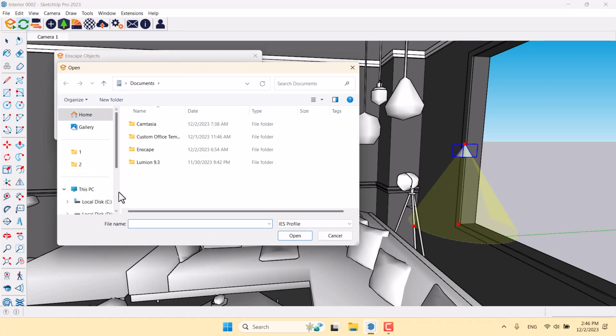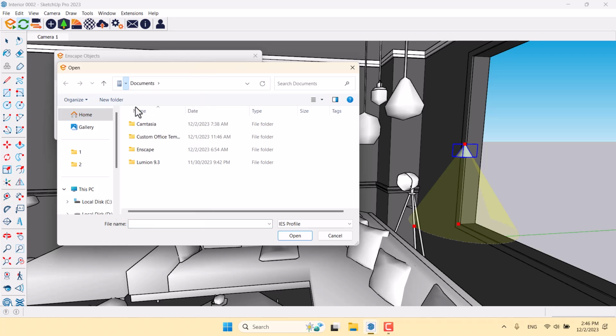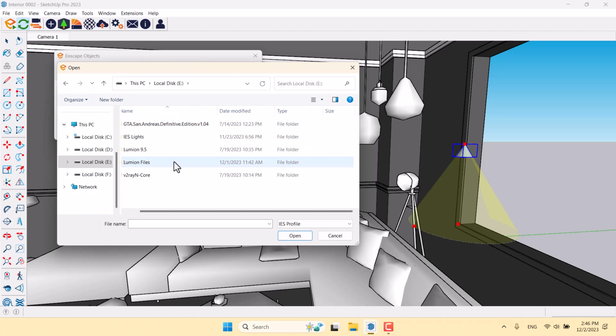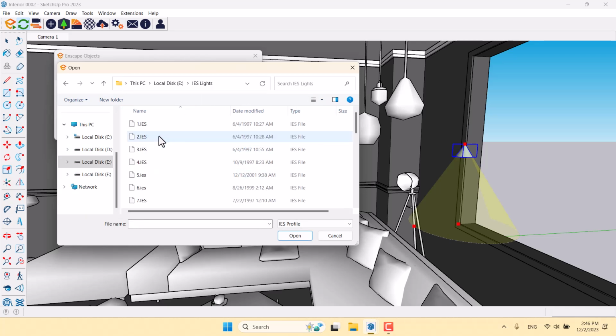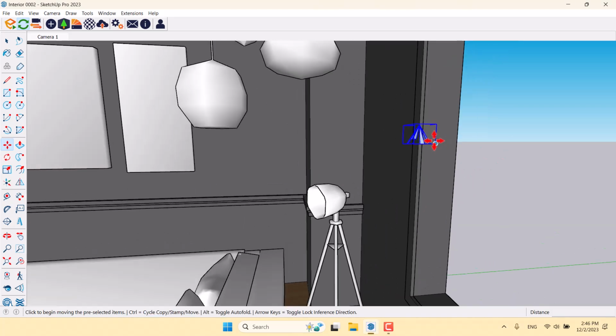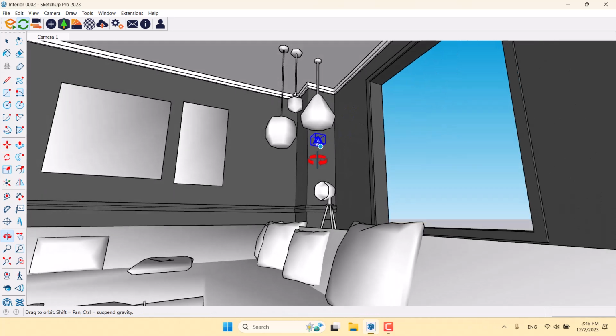I will add some type of IES profile for myself, so I'm going to click on the home manager in here, drive E, I think. So I have IES lights in here, and I want to use IES number 5 and press open. I can increase the intensity to make this light much bigger than the past. 100 candela is good. And now I want to move this light to some place like this,